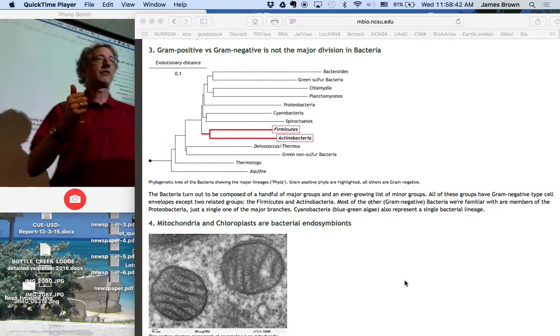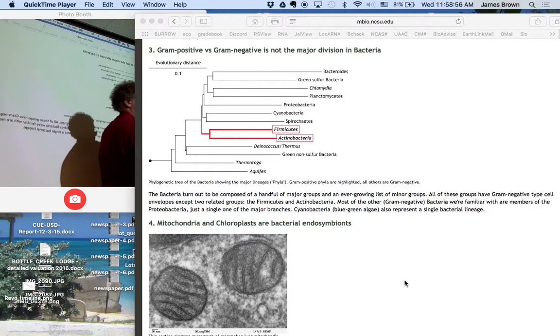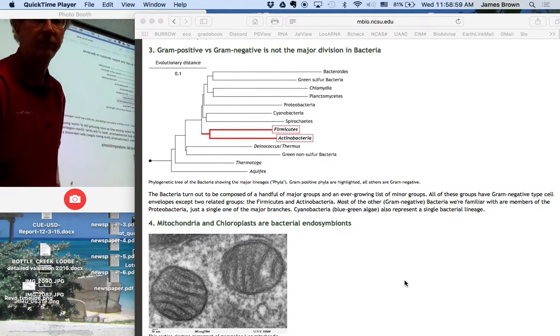Now that doesn't mean that it's not a completely useful way to characterize organisms, in the same way that if you're walking through the woods and you see a purple flower, that purpleness is useful information to know about. But it doesn't have anything to do with the phylogenetic relationships of the creatures.